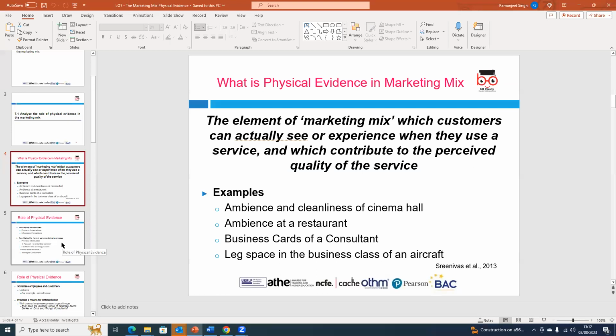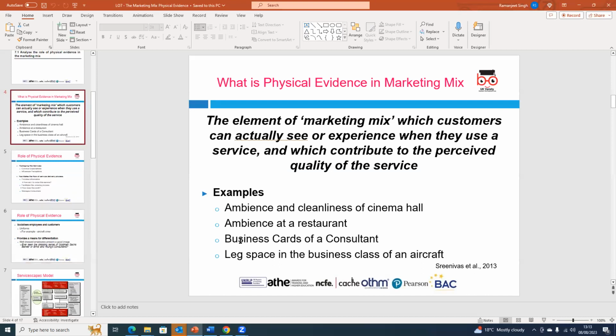If the waiter comes in dirty shalwar kameez or dirty clothes, with a smelly mouth and no shave, would you like to be served by him? No, sir, because they are dirty. So a good uniform, a nice smell, a good shave and clean clothes, and so on. All this is the marketing element that customers can see and experience, which contributes to the quality of service.